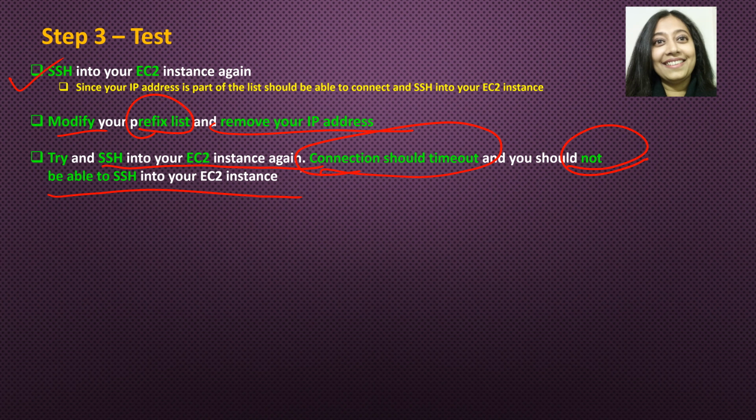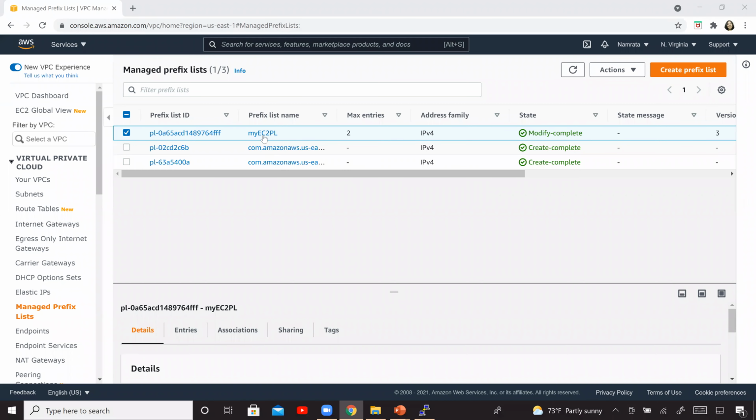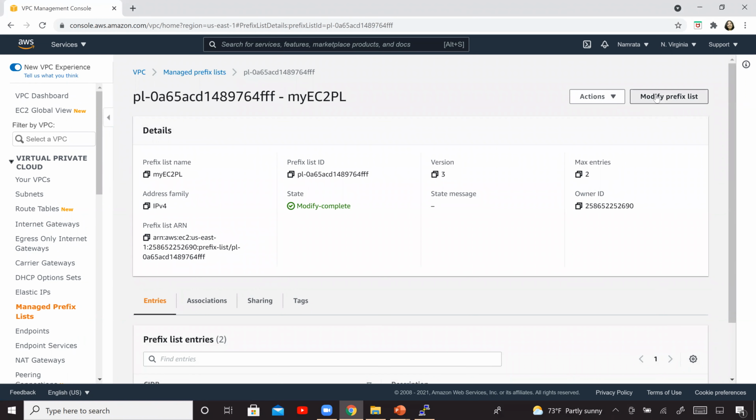So let us try and do that. So let us go ahead and modify our prefix list. So this is your prefix list, right? So select your prefix list and then click on modify prefix list.